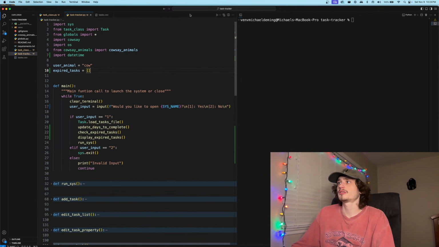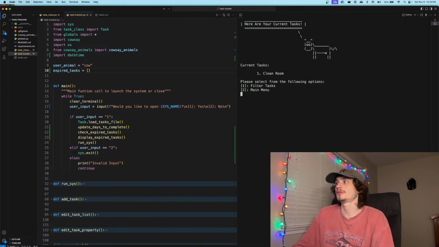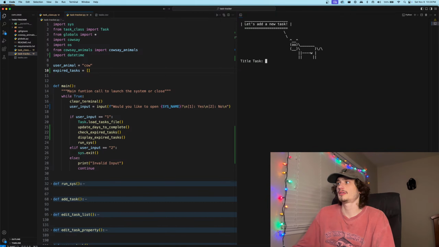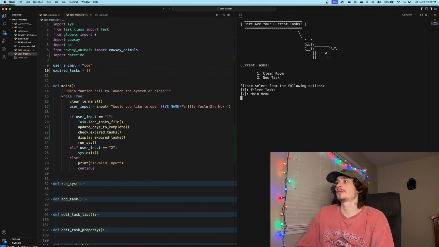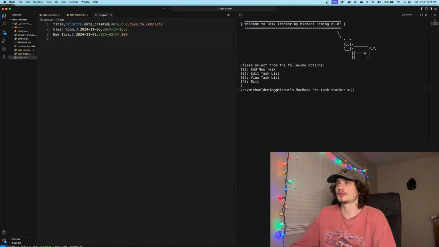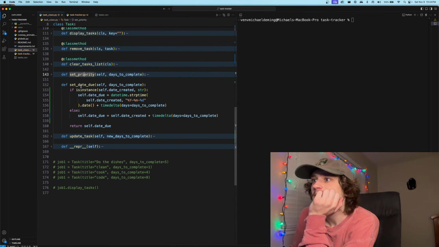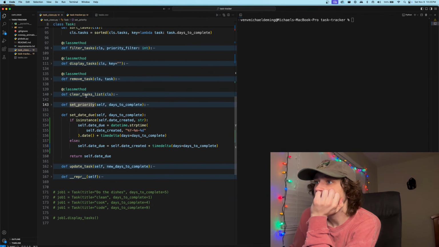Okay, so if I went back to how I had it at the beginning, this works out all good, right? I can view all the tasks, I can add a task, I can view, I can do everything, right? That works perfectly as it is right now. Priorities aren't updating, so I need to add that change next. But so right now, if it's a str,